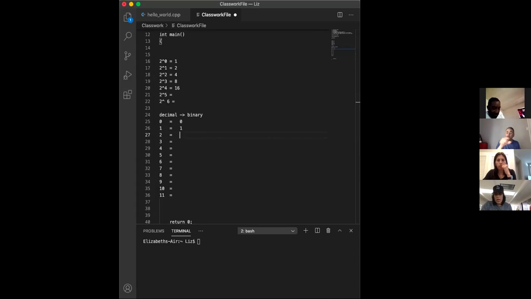1, 0. But you could do 1, 1, because 1, 1 is the way we were used to doing it before the place value system. Think about tally marks. Do you remember tally marks? Elizabeth, do you know about tally marks? We used to do tally marks in school a long time ago, to do histograms and to count things. You just make marks, and then you can count these marks.